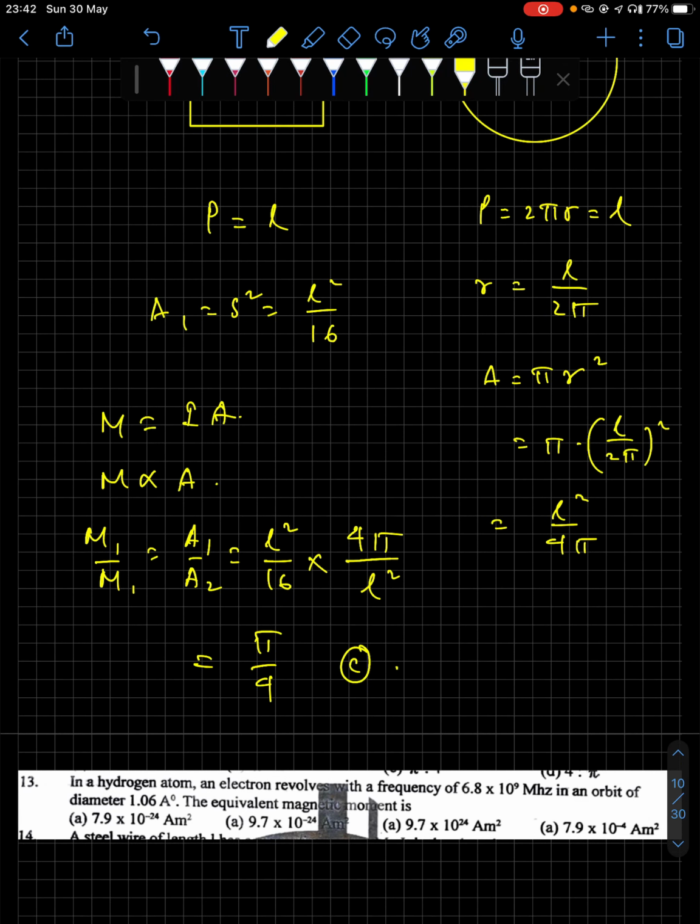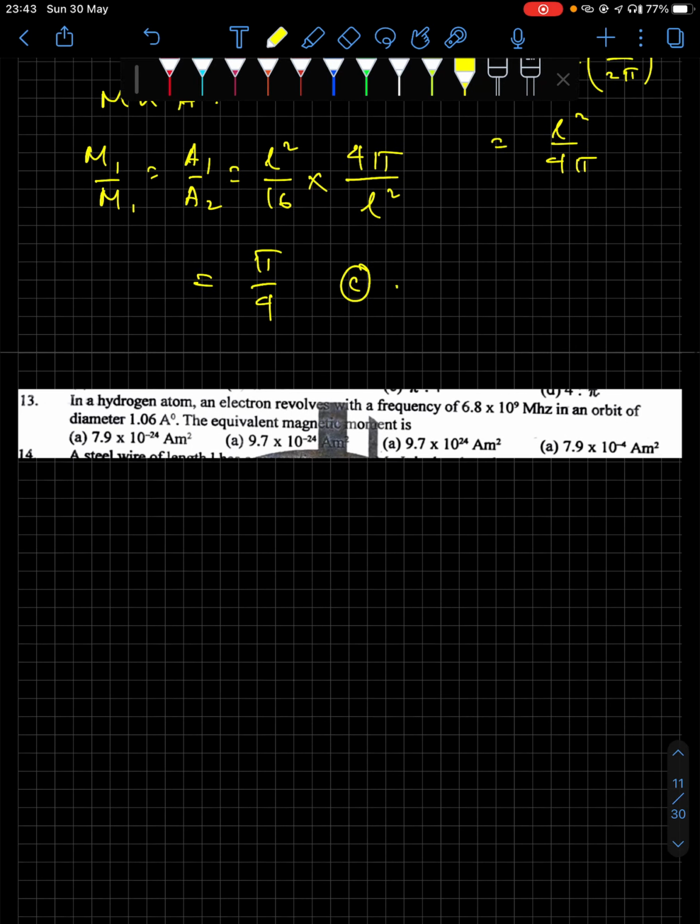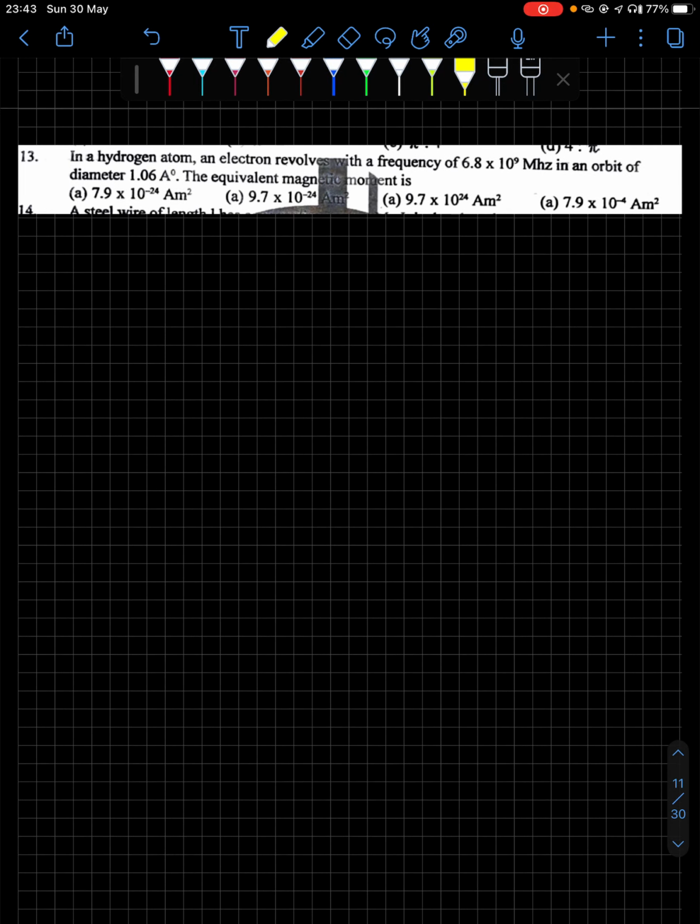Okay. Next question, question number 13. Now you have this hydrogen atom and an electron is revolving with this frequency. In an orbit of this diameter, what is the equivalent magnetic moment? Now you see, whenever an electron revolves, it is constituting a current, and a moving electron or a moving charge will constitute a current, right? So in that case, your frequency is given in the question. Now we'll say that the magnetic moment M is equal to, since you are finding the equivalent magnetic moment,